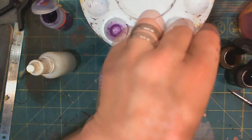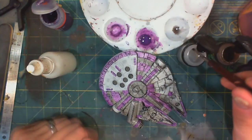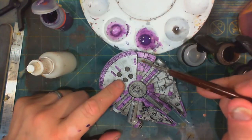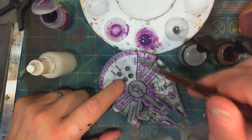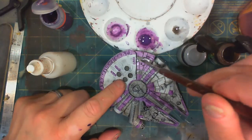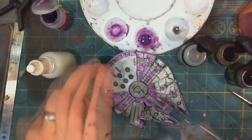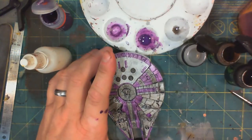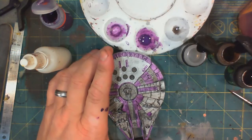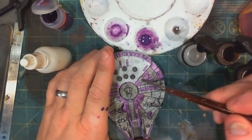And that is true for the medium as well. So what I'm going to do is take some of this medium and just dump it right on top of these panels. Alright, I got a good, nice coating there. I'm going to make sure not to touch the wet part. Alright, so I'm going to let that sit for a second, clean my brush, dry it off, and then I'm going to rub